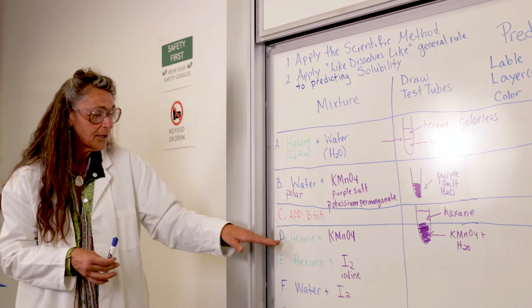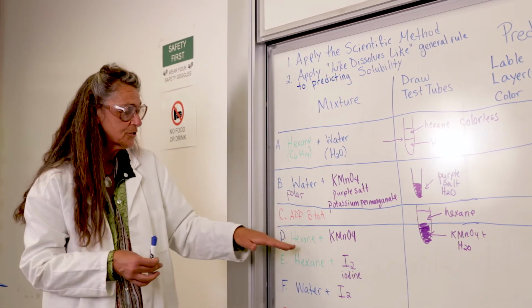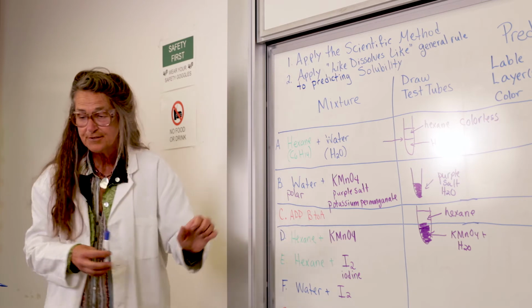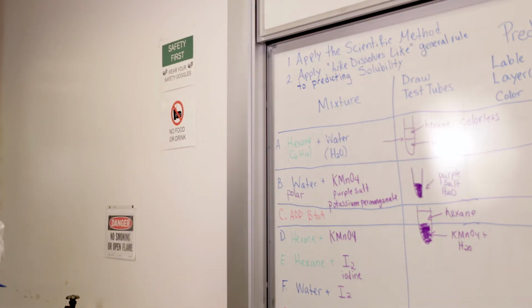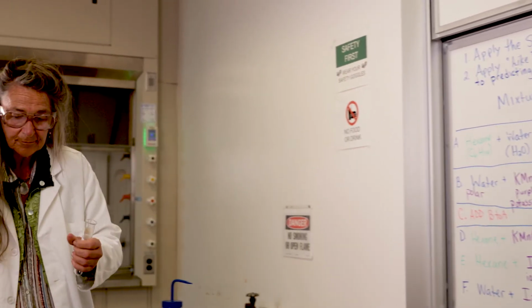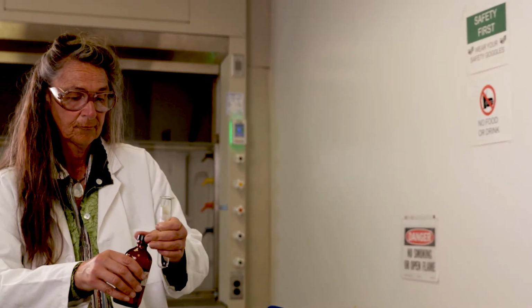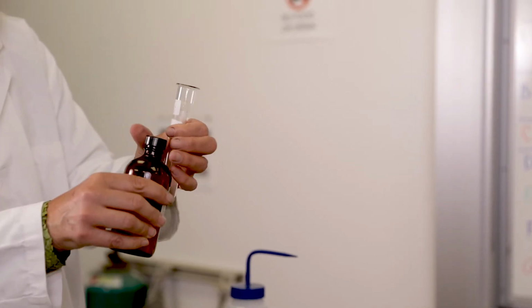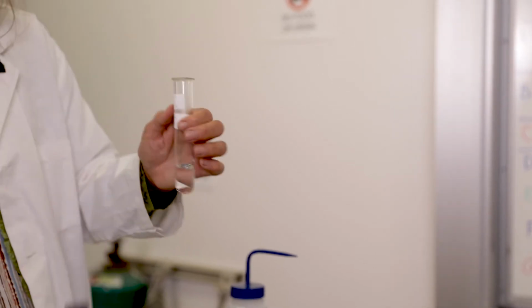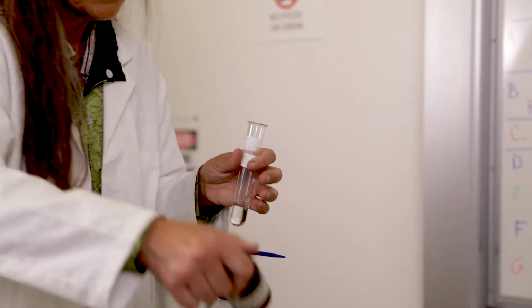Okay, so now what I'd like you to do is make predictions for hexane and potassium permanganate, and I will do the demonstration. So we're going to add hexane to this test tube, and then some potassium permanganate. And before I do,